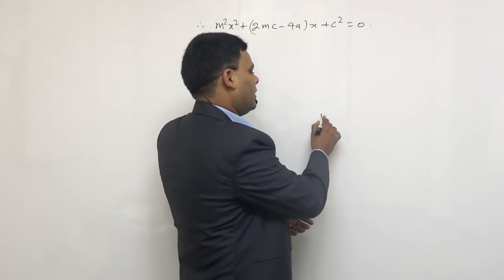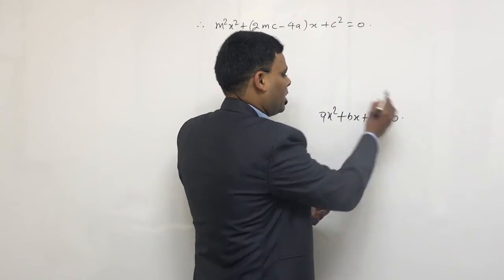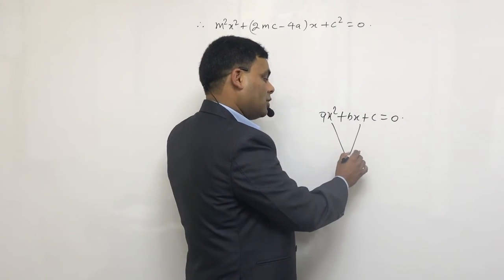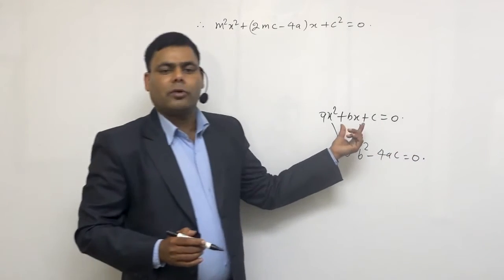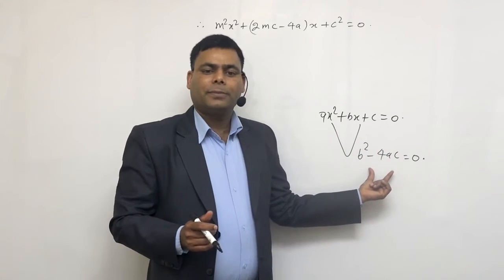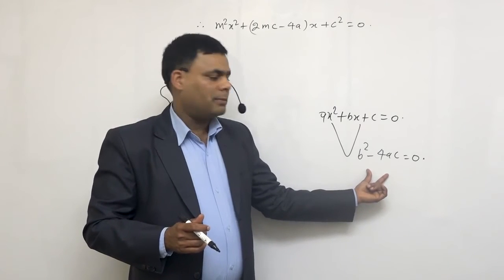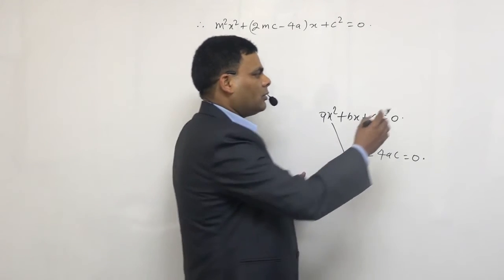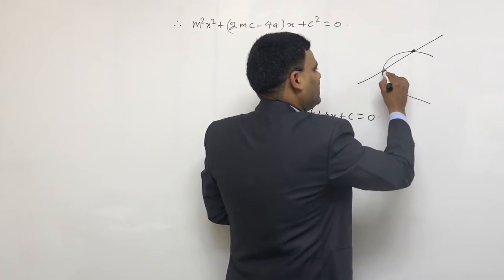For example, if ax square plus bx plus c equals 0 is any quadratic equation, the roots of this equation are equal only if b square minus 4ac equals 0. यदि कुनै क्वाड्रेटिक इक्वेसनका दुईटा रुट इक्वल छन् भने त्यसको के हुनुपर्छ, discriminant. This term b square minus 4ac is called the discriminant, and this discriminant must equal 0. हैन र